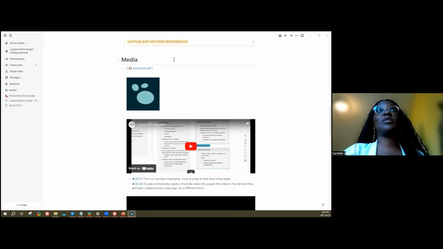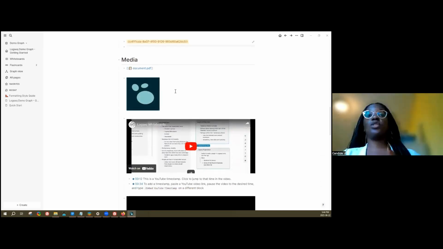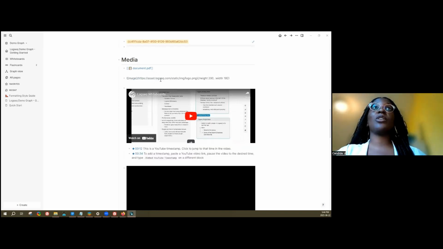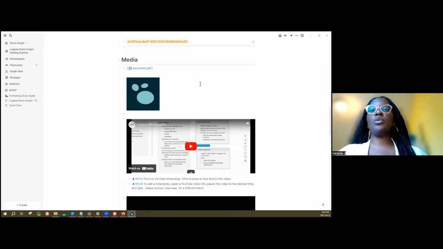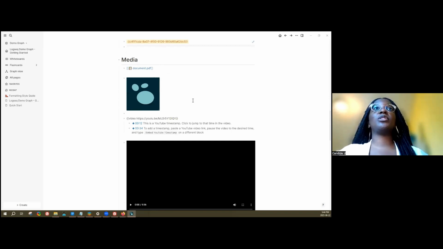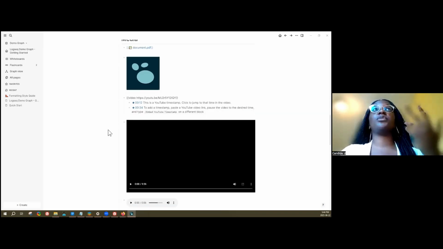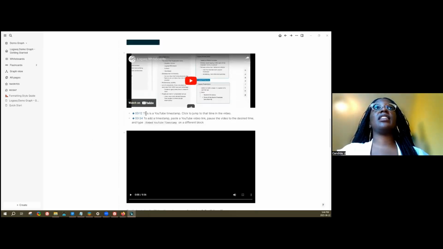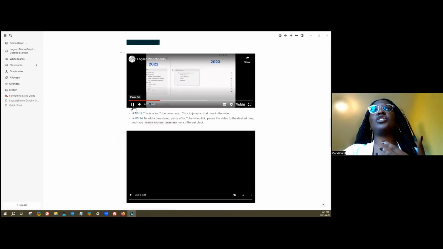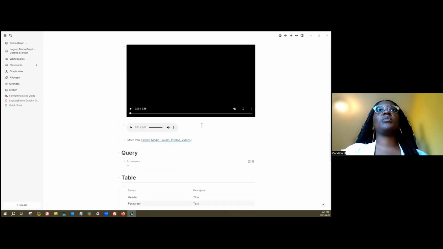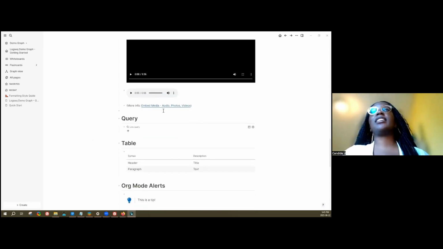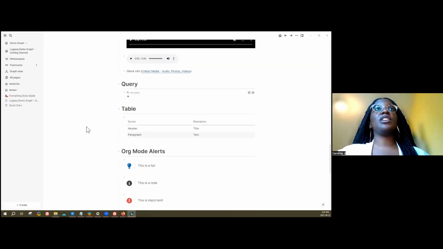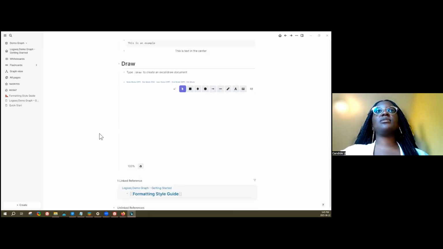And then, of course, what I did was I embedded media. So if you're also interested in embedding media and seeing how images are embedded, or how video, YouTube videos are embedded, this is a great reference just to look at. There's also a timestamping feature with YouTube. And I've also added a reference here that shows you how to embed different media in different ways. So it's pretty extensive, and this just kind of scratches the surface.